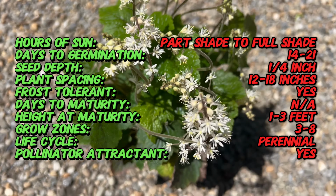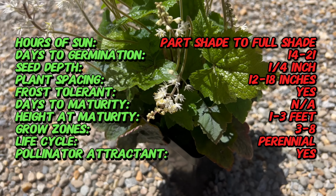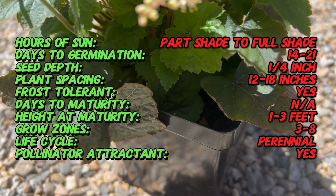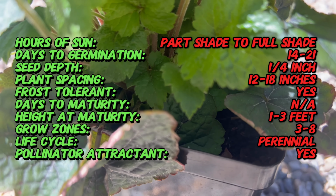Foamflower is native to woodland areas of North America, where it can be found growing in moist, shady habitats. Foamflower is prized for its attractive foliage and delicate blooms. The leaves are typically deeply lobed and have a distinctively serrated edge, adding texture and interest to the garden even